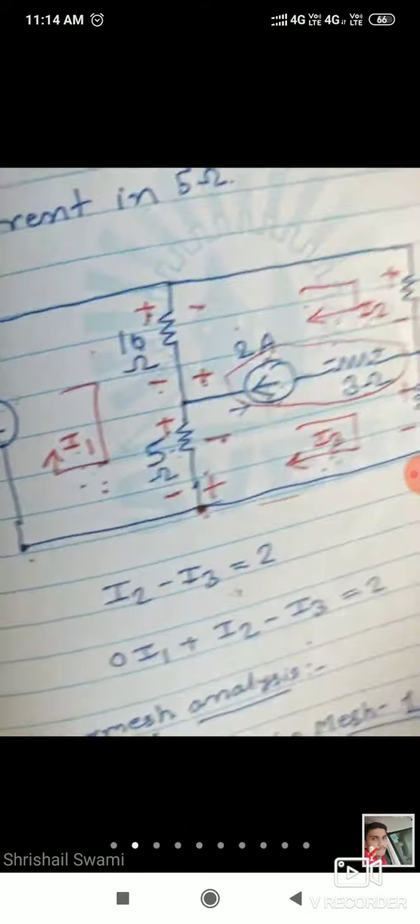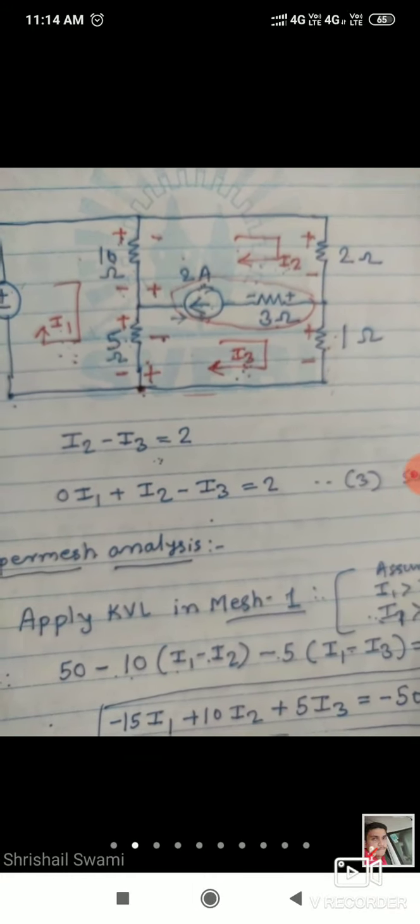Next, when you are applying KVL, as we discussed about this network, if you are carefully observing, this is the central part. This will be the super mesh. So leave that branch and apply KVL combinedly for this outer loop. Outer loop साठी KVL तुम्हाला काय करायचं? Combinedly apply करायचं. That's why I will take the help of this diagram and I will write the equation. So please note down.